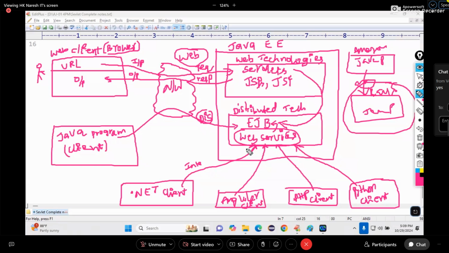In this case, the same bank application is a web application. That means web client to servlet, servlet to EJB. In the background, EJB or Spring will be there. But what is the front servlet? In Spring, the same servlet is there with a different name, the dispatcher servlet. I don't remember exactly, I studied long ago. In Spring, we have a module called WebMVC, where the servlet is developed as one servlet class. The faculty will teach you that.